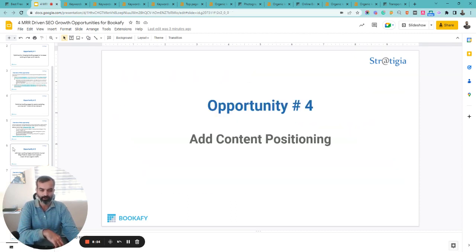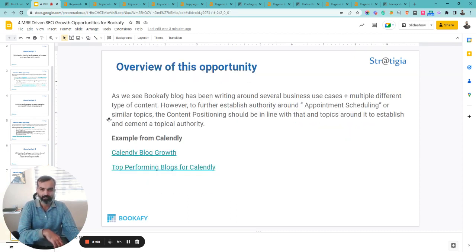And lastly is adding content positioning. Bookafy's blog had me writing around several business use cases plus multiple different types of content. However, to further establish content authority around appointment scheduling, what most people know about how organic traffic and Google search work is that